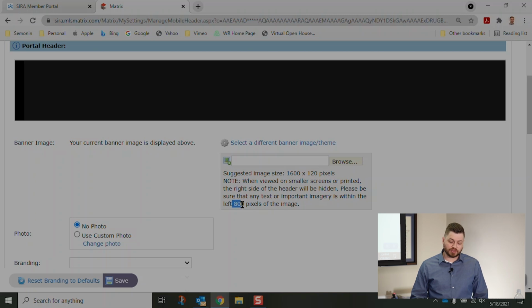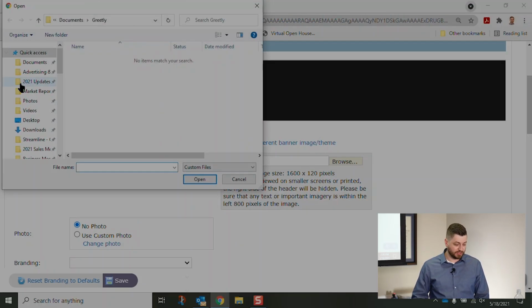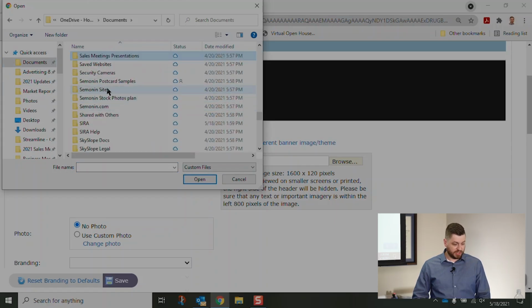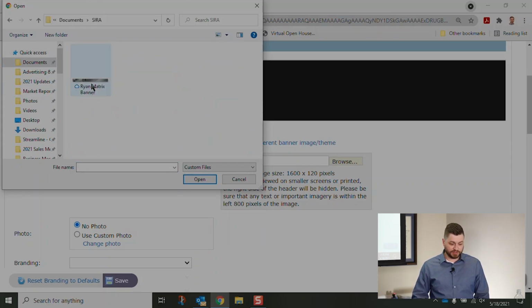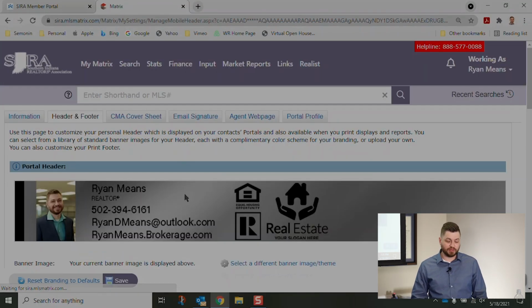You also want to make sure that all of the important information is in the left 800 pixels, because that's what's going to display every time. Now I'm simply going to browse and locate my image, and I created one. It's in my Cyra folder. So here's mine. It's called Brian Matrix Banner, and if I upload that, you'll now see that it has my